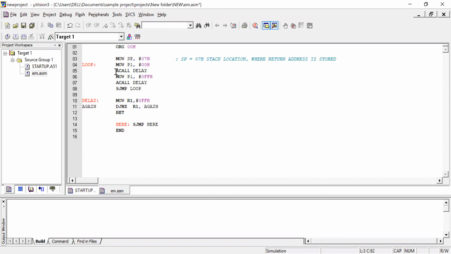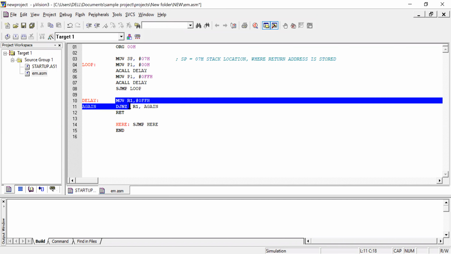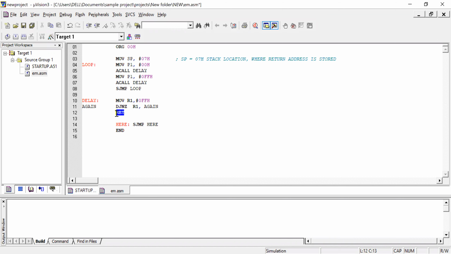Once after a call, the program control will move here. Once the controller executes return, it should come back to here. So this address will be stored in this particular location. This everything will be taken care of by the controller. You are not going to do anything, we are just placing it here. If you place some address, you can place 9 also, no problem, but it should be within that bank. Okay, fine. So this is the program.